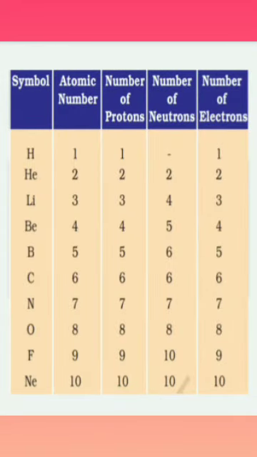Here there are only 20 elements. They have a certain number of protons, neutrons and electrons. Sometimes the neutron number is equal to the proton number, and sometimes it is more than the proton number. So one or two elements vary in their neutrons. For example, lithium has atomic number 3 but 4 neutrons. And boron also: atomic number, that is number of protons, 5, and number of neutrons 6. And then the others are the same.